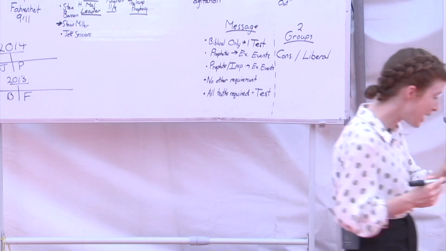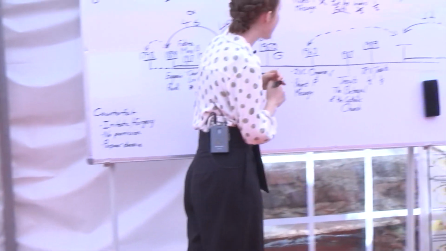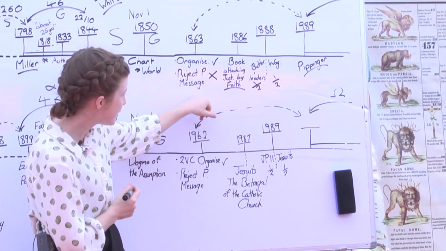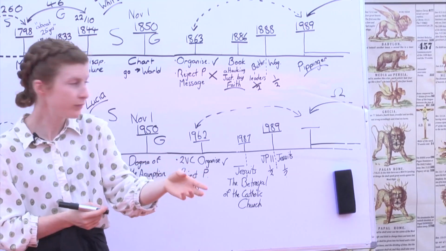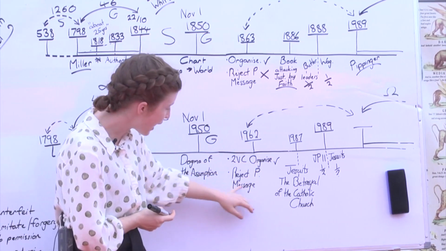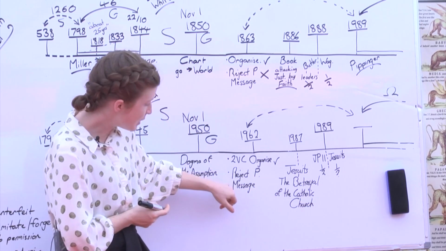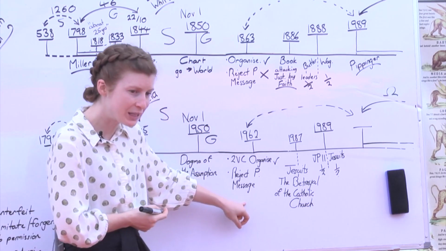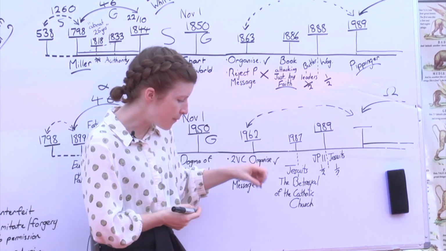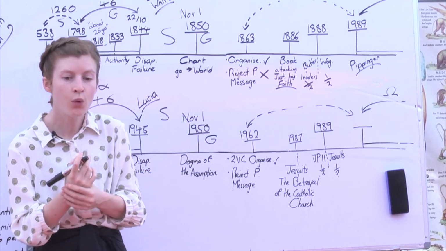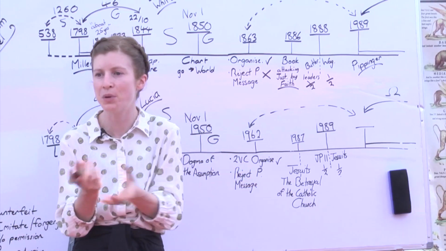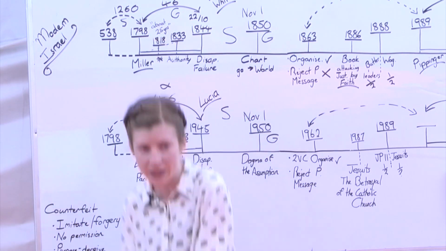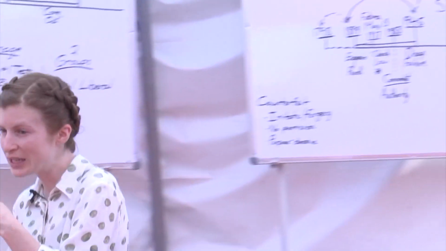So for the camera, the point our brother is making is that the rejection of the prophetic message is the 2520, which directly relates to the scattering and the gathering. And when we come to the counterfeit of that, when they rejected the prophetic message, it's the message of Fatima, particularly the second of the three secrets that ordered the defeat of the king of the south, which would have brought them out of a scattering time period. It would have gathered the Catholic Church. So that was also a message of scattering and gathering. That sums up your point.